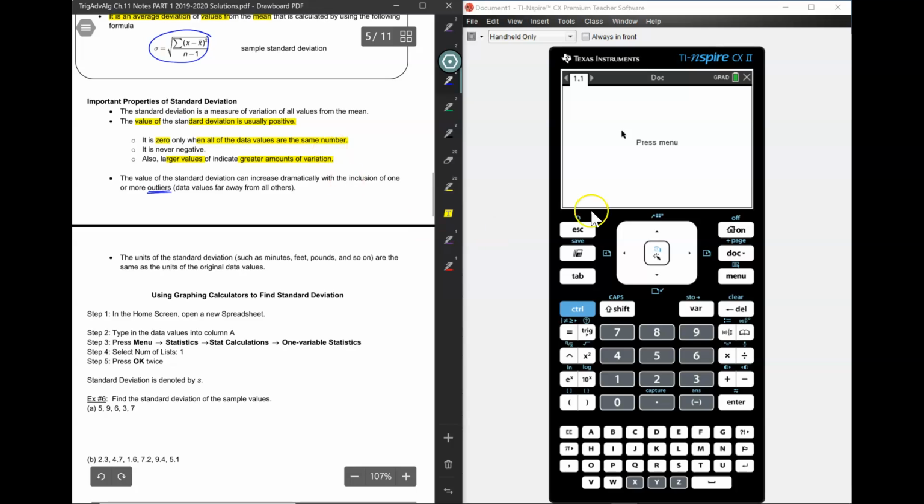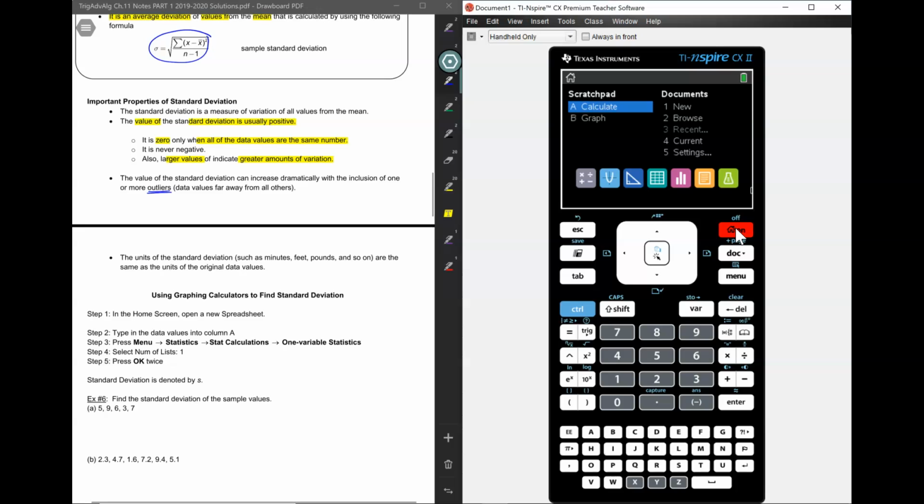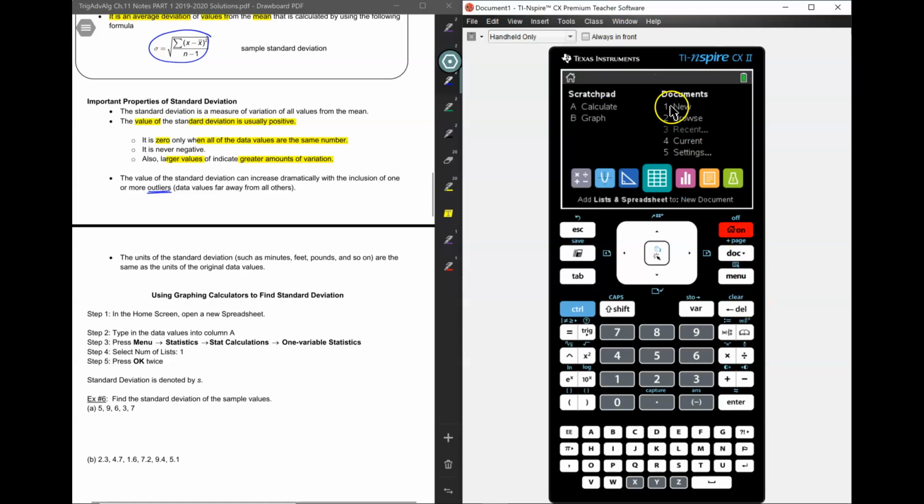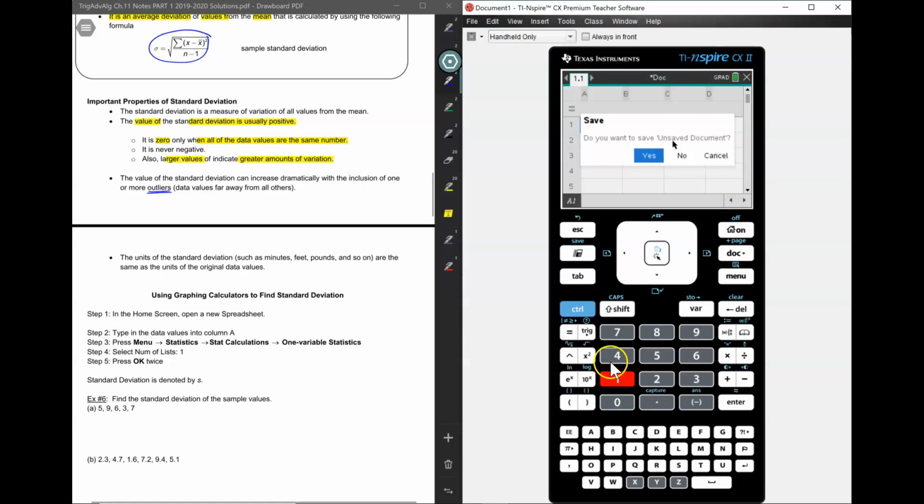We're actually going to go to the home screen, which is here. And what you want to do is pick this spreadsheet. One way you can do that is you can go down, and then you see it highlights this icon, and then you can press the right arrow button until you get to the spreadsheet, and you do OK. Another way to do that is you could pick number 1 from here, new document, and